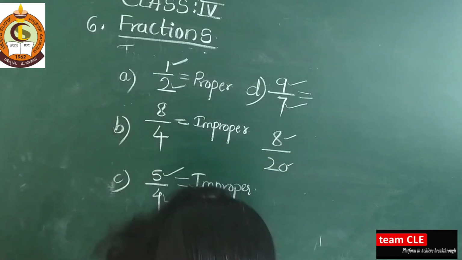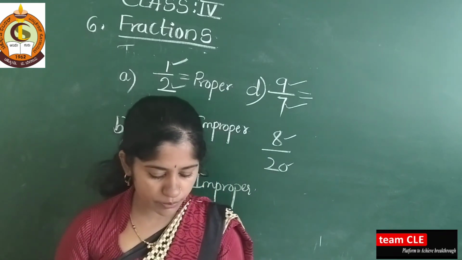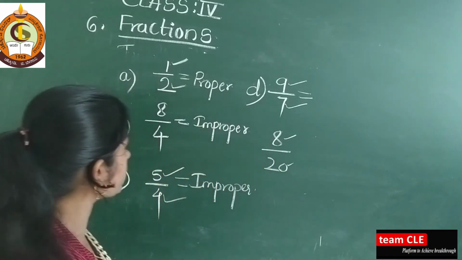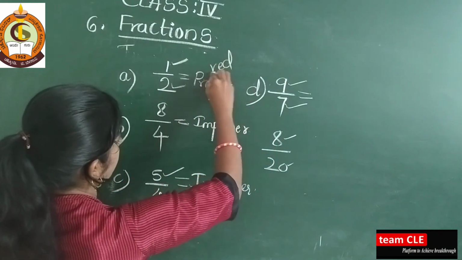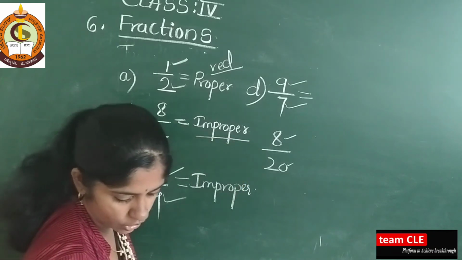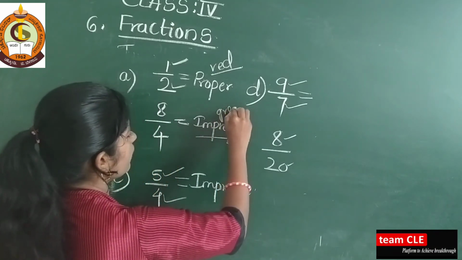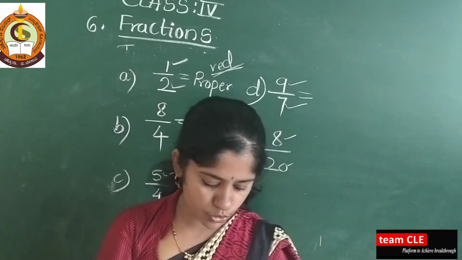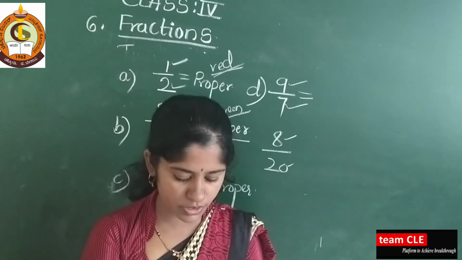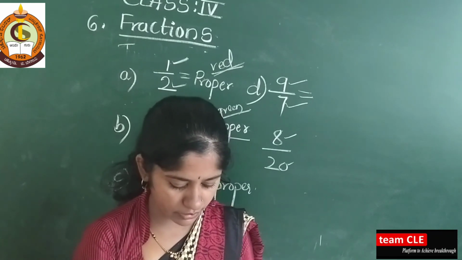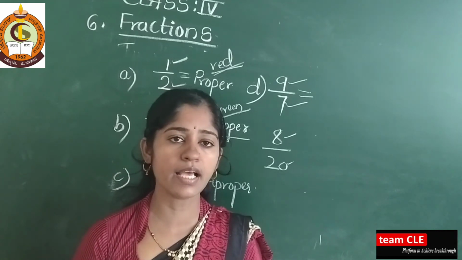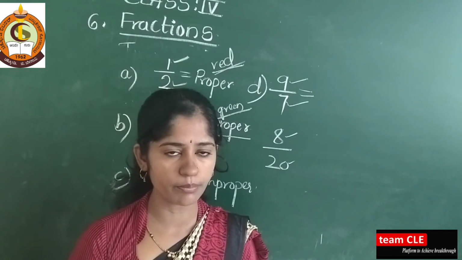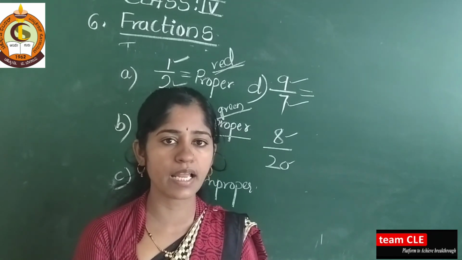Okay, so color all the proper fractions red and improper fractions green. Where a proper fraction is there, use red color, and where an improper fraction is there, use green color. If you have crayons, you can color those boxes. In the next class I will show you how to show improper fractions using diagrams and also convert them into mixed fractions. I will discuss mixed fraction to improper fraction and improper fraction to mixed fraction. Okay, I hope this class is clear to you.